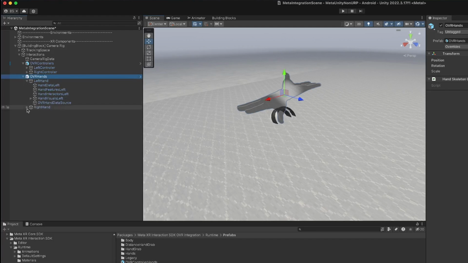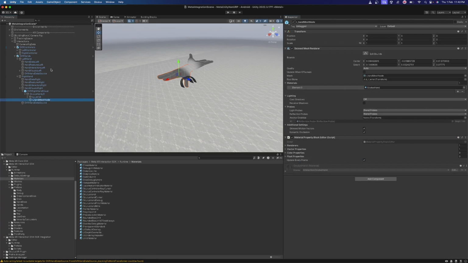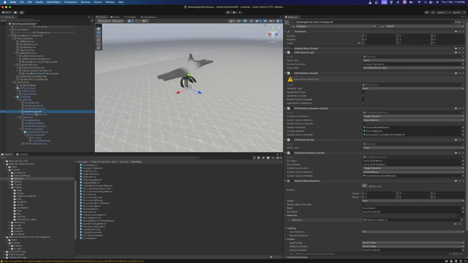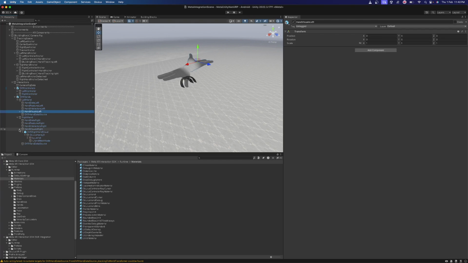So now there are two options for you. Either you can keep these visuals if you are okay with the theme of it, or you can still keep the blue hands that we get from the building blocks we created earlier, and you can just delete these visuals from this OVR hands prefab variant. For this tutorial though, I would like to keep this particular black hands because they do match with the gray